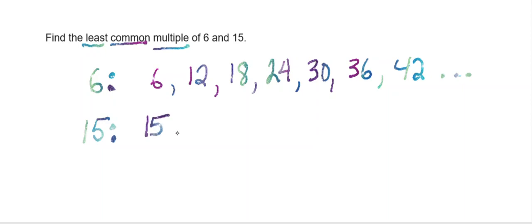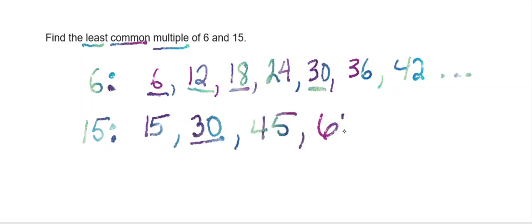15 times 1, 15 times 2. Now, if I'm paying attention, I'll realize that 15 is not in this list. So 15 would not be a common multiple because 15 is not in both lists. 30 is in this list. So I can technically stop now because there's no reason to keep going when I've found the smallest number that